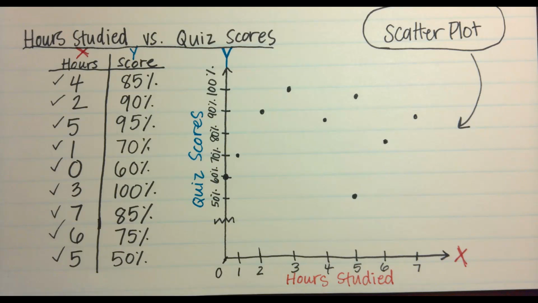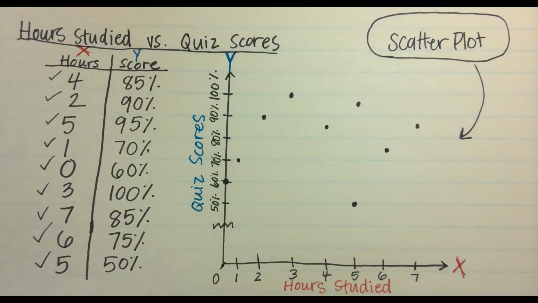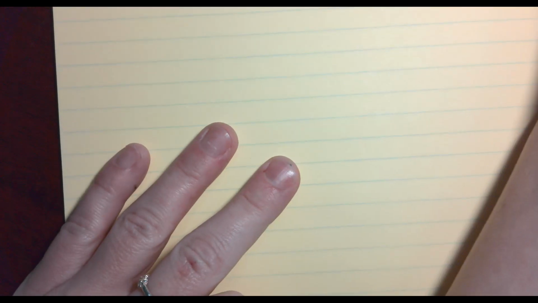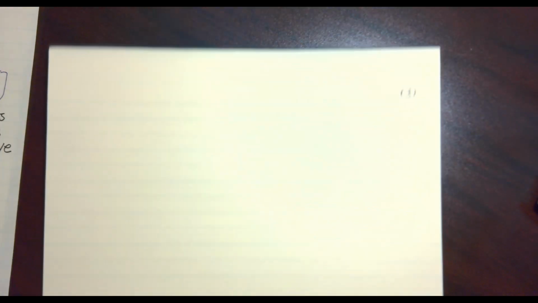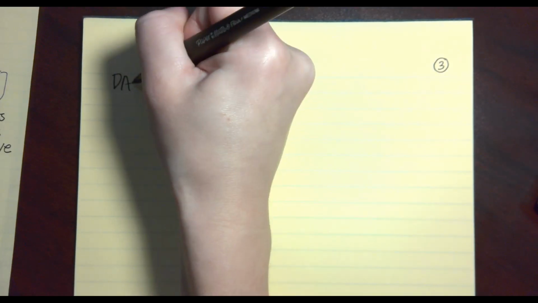Why don't we look at a set of data where we will be able to draw some conclusions? Does anyone still need this? Can I go to the next page? Okay. I'm going to give you a set of data next. This is page 3. I'm just labeling my page. Day 22 continued.